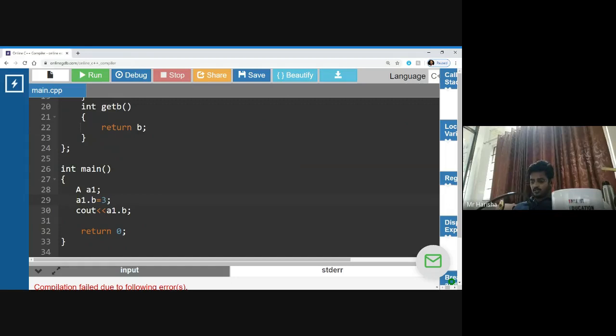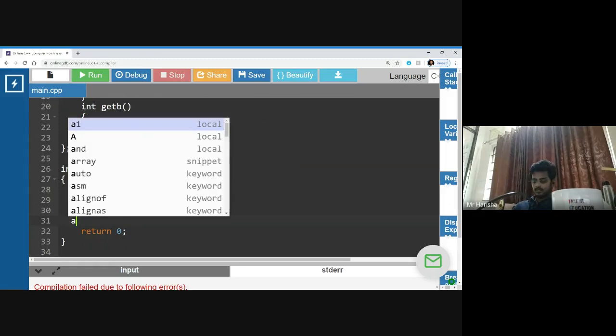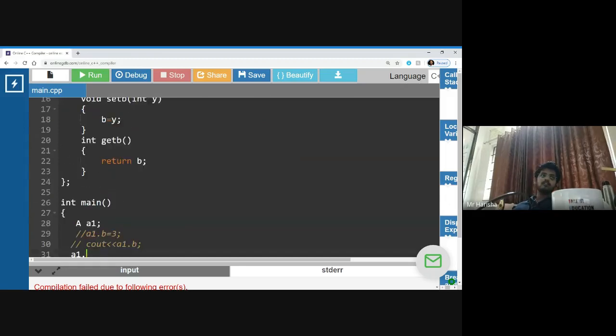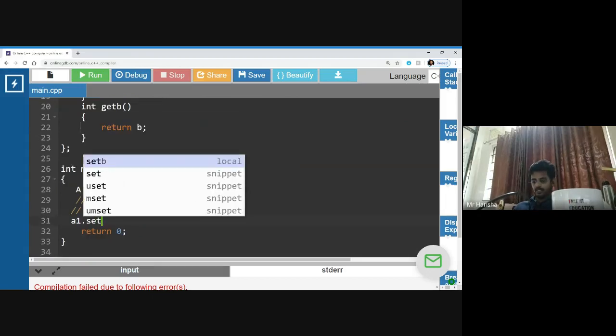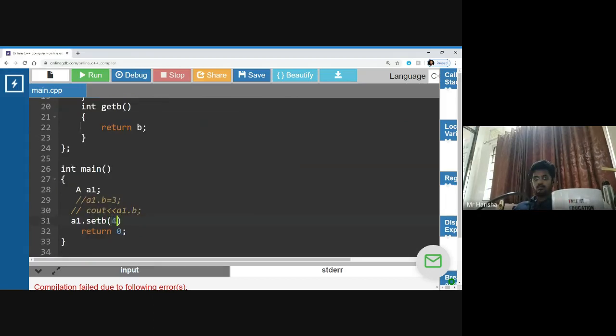So I will put that line under comment. How I can access it is A1 dot set B, and I am passing the value 4.